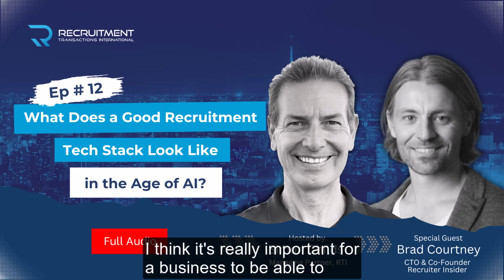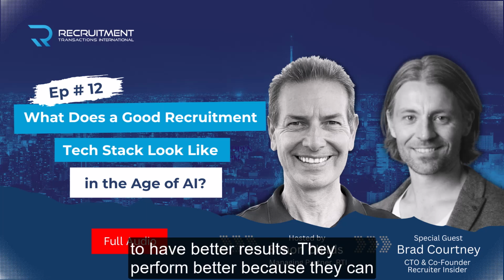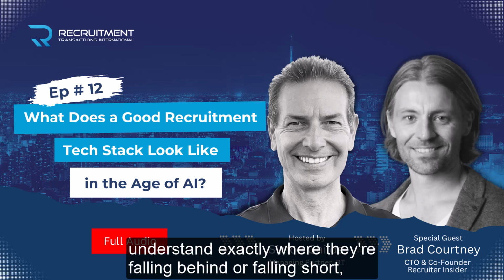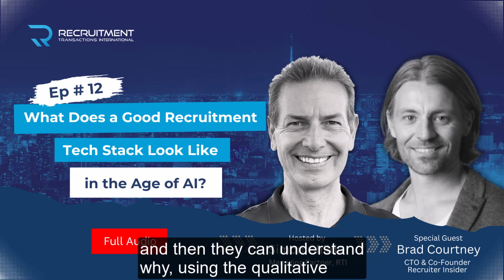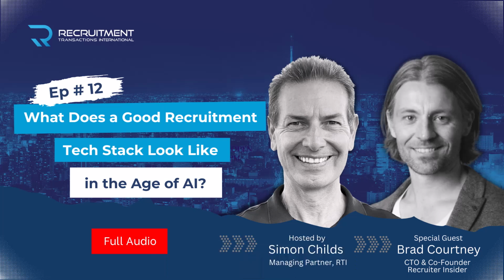I think it's really important for business to be able to understand these in a lot of detail. And those that do tend to have better results, they perform better because they can understand exactly where they're falling behind or falling short, and then they can understand why using the qualitative analytics tools. And it takes a lot of guesswork out of,